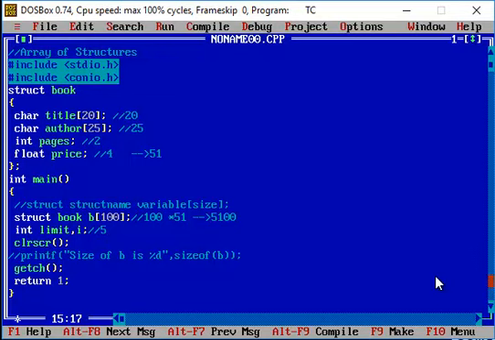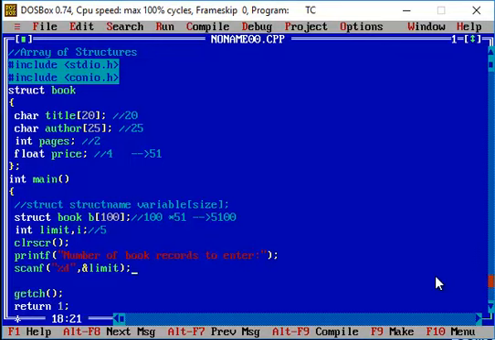So for that we are going to make use of the for loop in order to get each and every record. I'll show you the illustration of what happens. First, I'm going to get how many records the user wants to enter. So number of book records to enter. I'm getting the value from the user, and I'm storing that value in the variable limit. Let's say for example I give the record as 2. So I want to enter 2 book records during runtime.